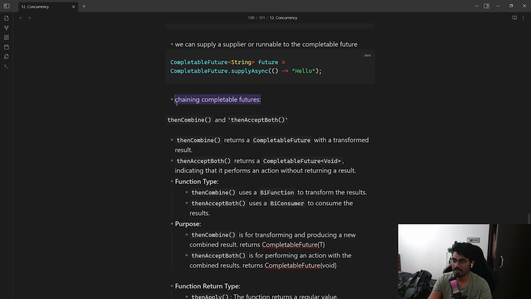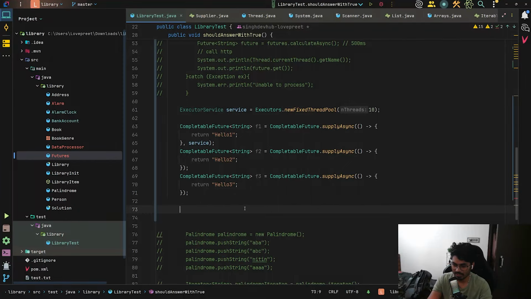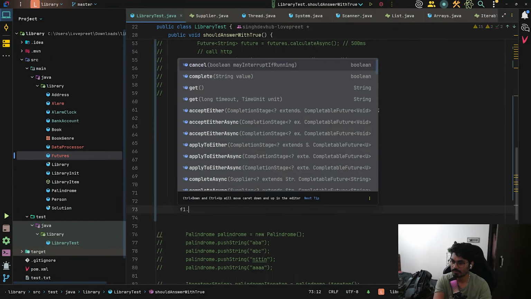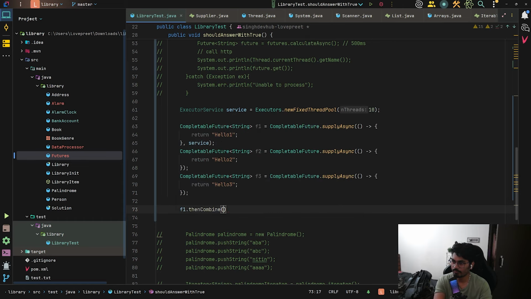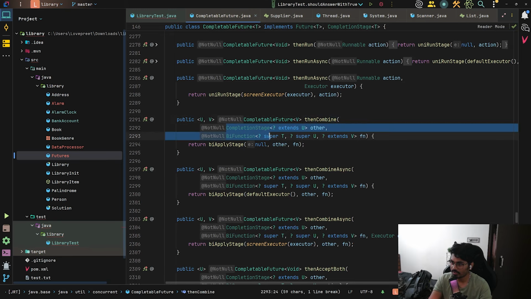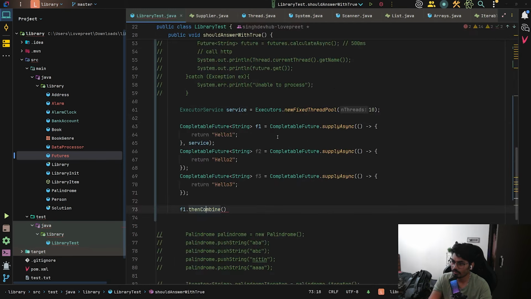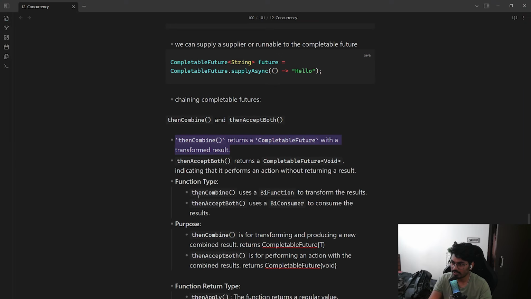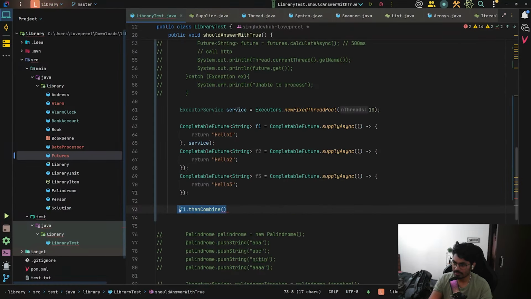Chaining CompletableFutures: if we have multiple futures, you can combine them, and thenCombine returns a CompletableFuture with the transformed result. So f1.thenCombine takes a completion stage and a BiFunction. thenAcceptBoth and thenCombine accept BiFunction types: thenCombine uses a BiFunction to transform the result, and thenAcceptBoth uses a BiConsumer to consume the result. So let's first do one thing, which is